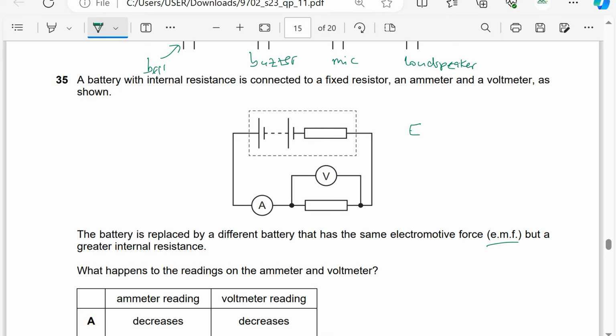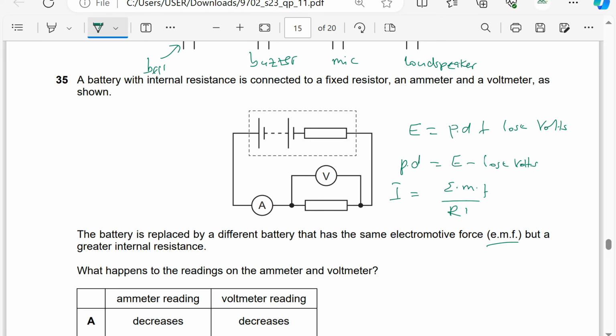Remember that the EMF E is equal to the terminal PD plus the lost volts. So the reading of the voltmeter is the PD outside. The PD outside, which is the terminal PD, is going to be the EMF minus the lost volts. I want you to note that the current through the circuit I is equal to the EMF